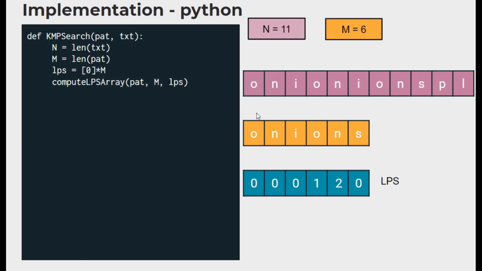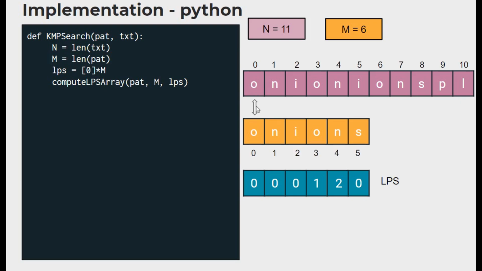So during search, we have to compare starting from the beginning index of both the text and the pattern, right? So we need to have 2 different pointers for the pattern and the text. So we have I and J, and we are initializing them as 0 since we have to start from the beginning. We need to scan through the entire text input to find the pattern. So the loop runs until n, the length of the text.